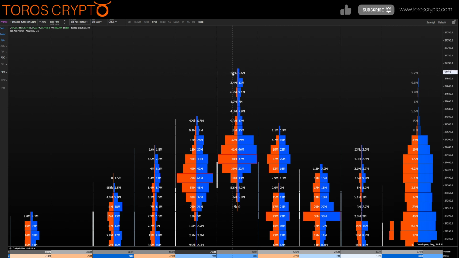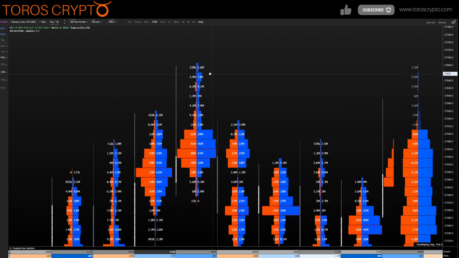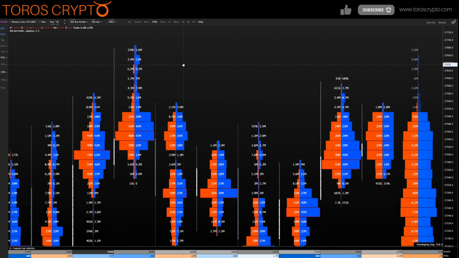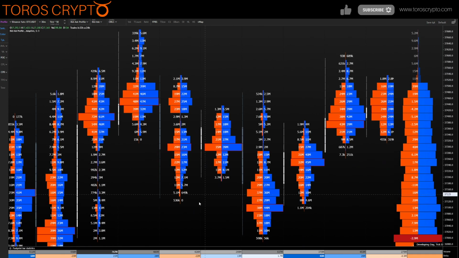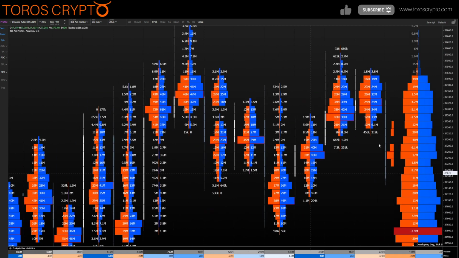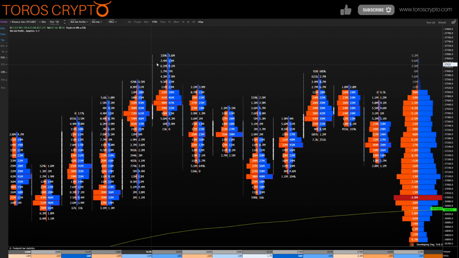Look here, no one's selling up here, but a lot of people are market buying. So you could say within this area there's a lot of trapped longs. And again, what does price do? It comes down from there, gets that initial rejection. It comes down into an area of high volume, gets that bounce, and at this point, you're not letting them